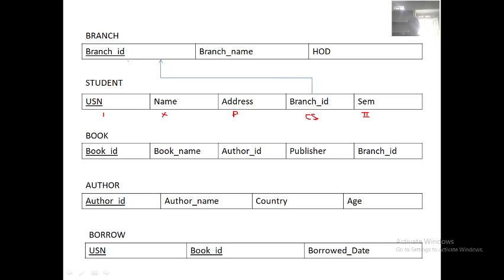Assume that you have entered the values E and E, MCA, MEC. Assume that these are the course IDs, branch IDs.